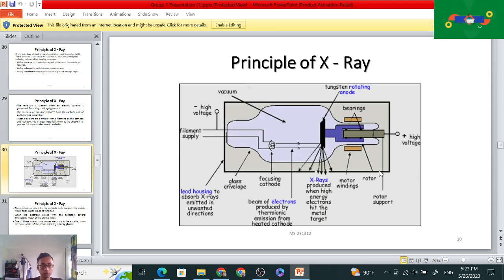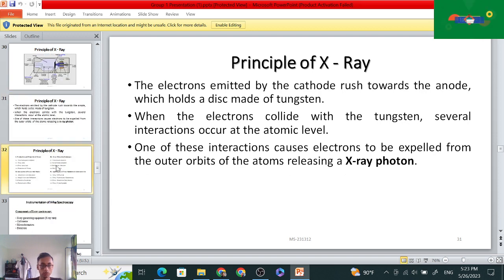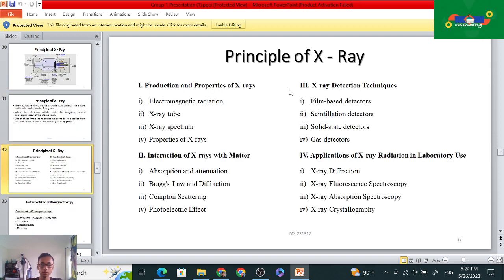And then principle of the X-ray: the electrons emitted by the cathode rush towards the anode, which holds a disc made of the tungsten. When the electrons collide with the tungsten, several interactions occur at the atomic level. One of these interactions cause the electrons to be expelled from the outer orbits of the atoms, releasing an X-ray photon. Then in the principle of the X-ray, the production and the properties of the X-ray: